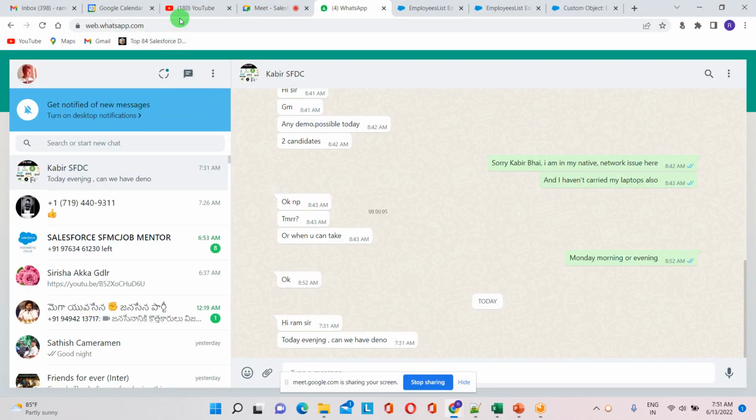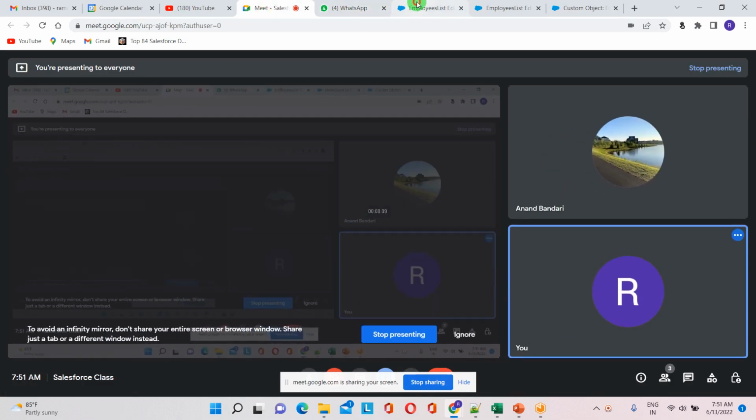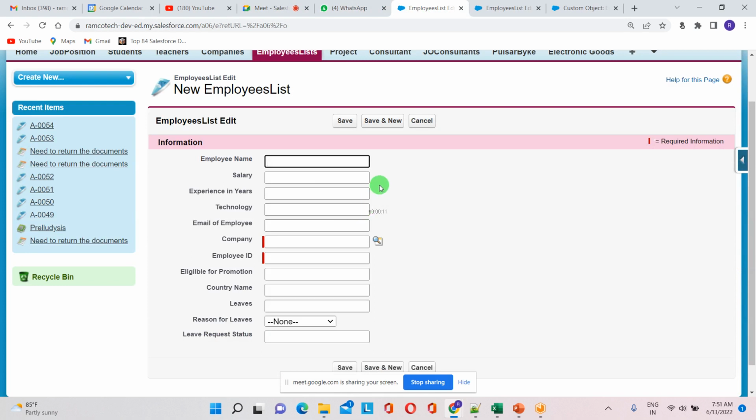So I have shared the workflow rule mail content with you this morning. Okay, so this is the object, and in this we are already running a workflow rule, and now we are checking the approval